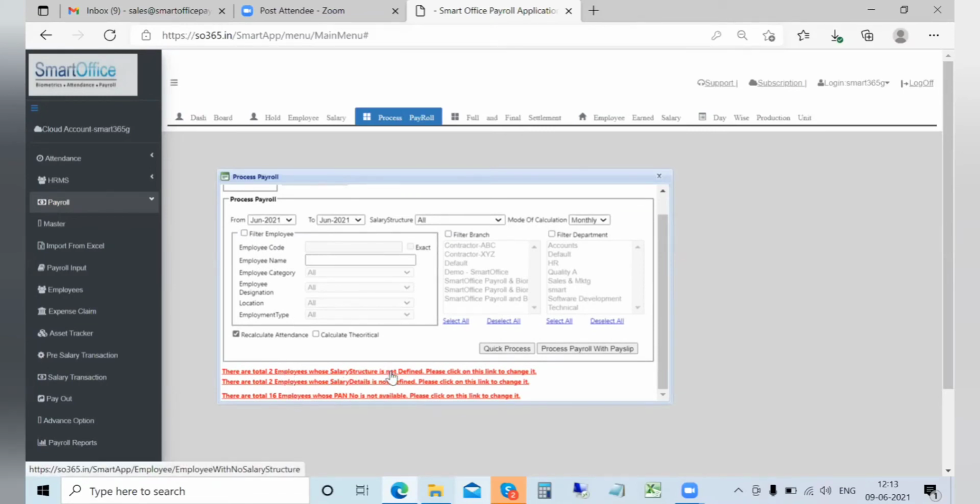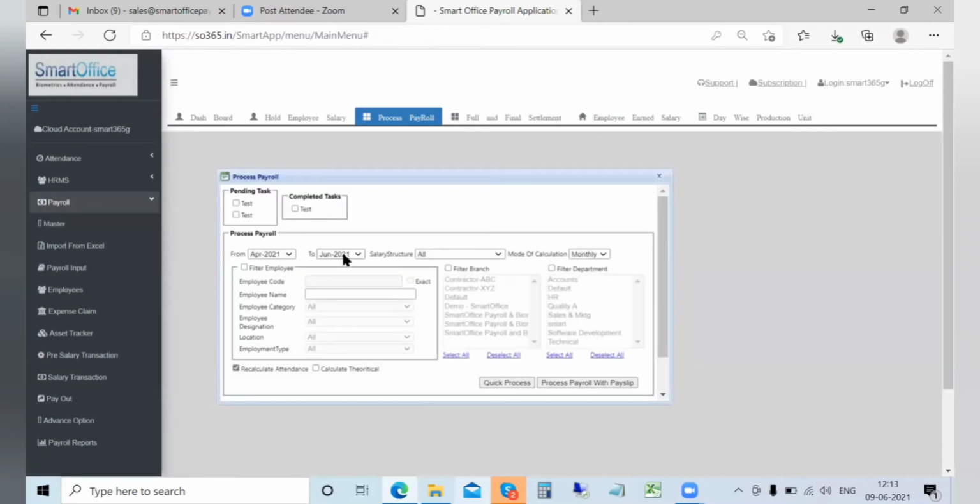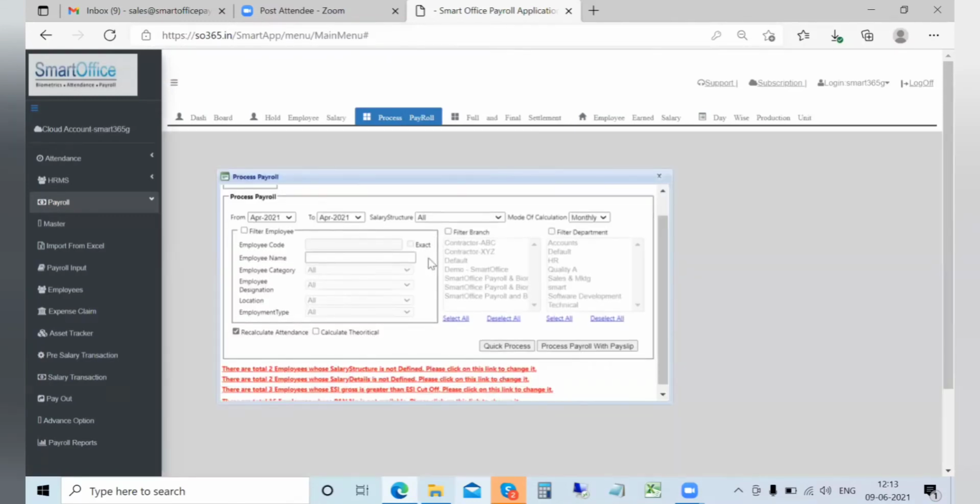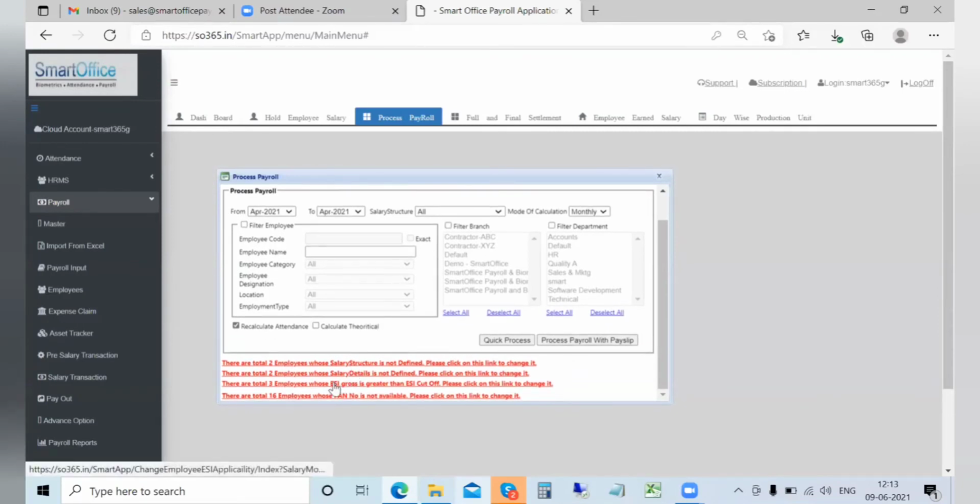There are certain links available here which give you certain details, as in good information, as in who are the employees whose PAN is not defined, or salary structure is not defined. Or if you go to the April month, it will show you specific links where we show you the employees whose ESI gross is greater than the ESI cutoff.